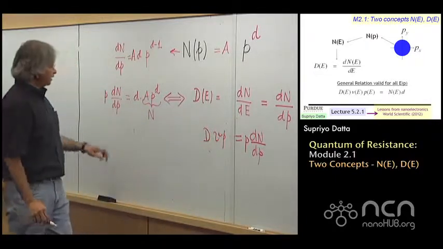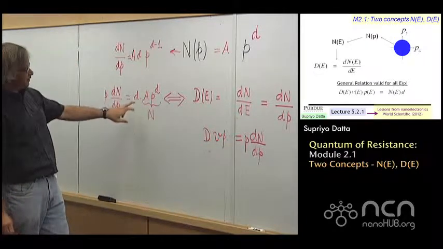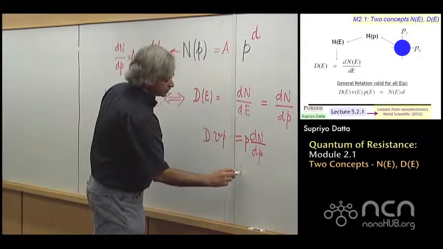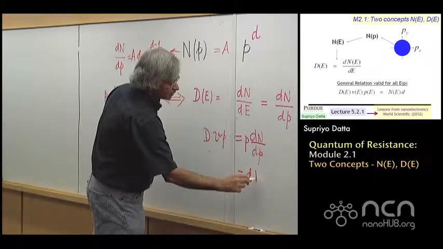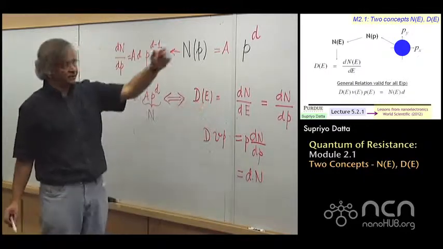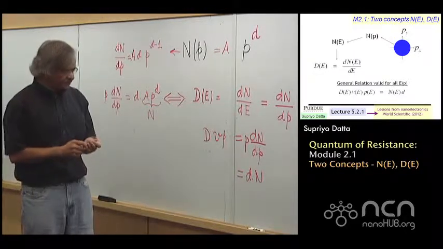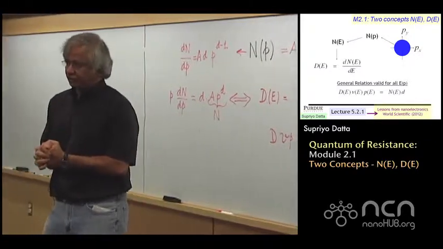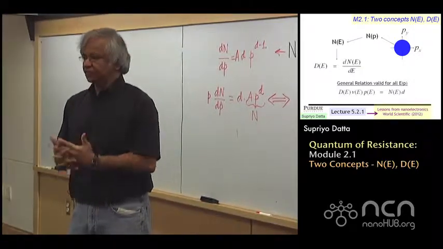And then, the point is, p times dN/dp is actually the number of dimensions times N. So this is equal to d times N. And that's the basic relation that I stated earlier. So, this is a relation that, again, I didn't make use of any particular energy momentum relation. So it holds in general,